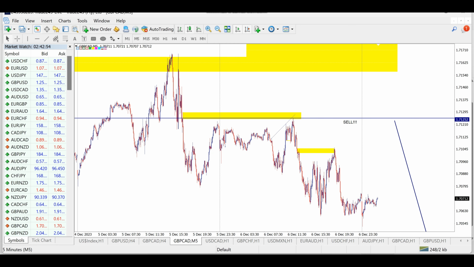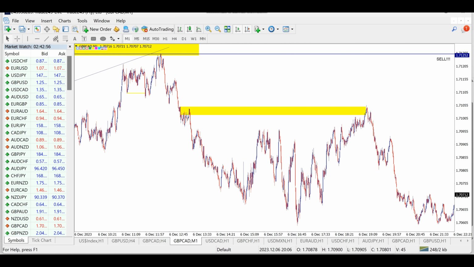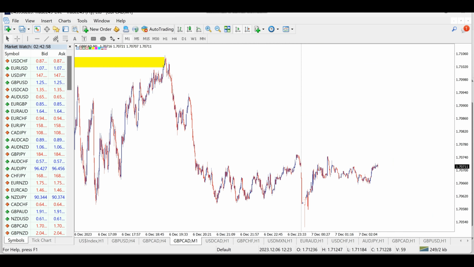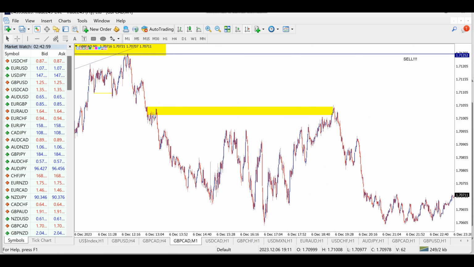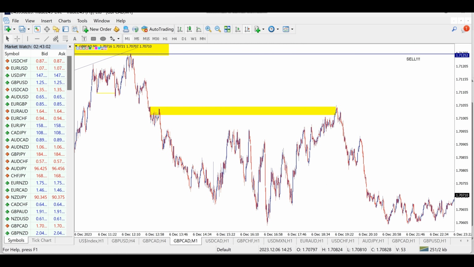If you move down to the M1, this is what we can see. It's just a clear drop-base-drop structure. As you can see, a nice supply level. Price didn't really come back to that area, so there was definitely liquidity, and we can see how price moved into that zone with compression, and we had our trade